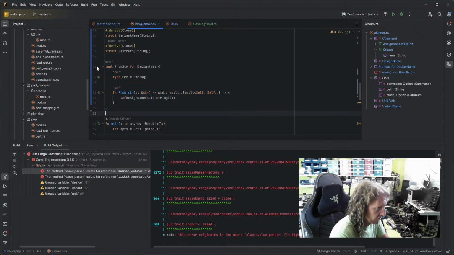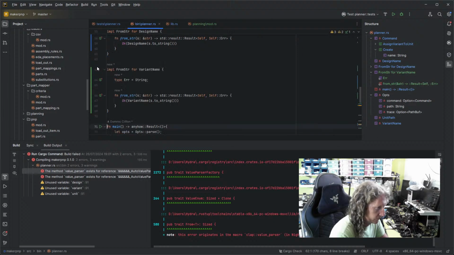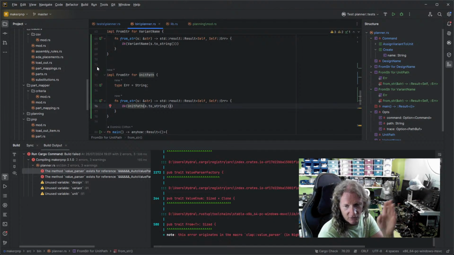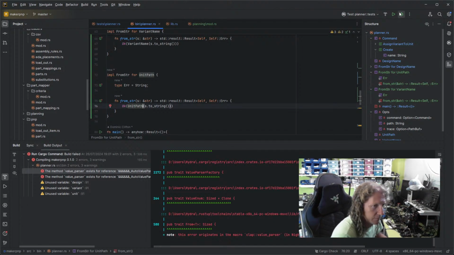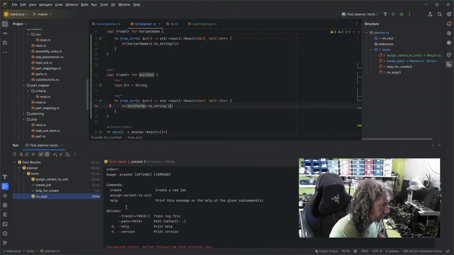And then we do the same thing for the other ones, which is a variant name. And then the other one was unit path. So we're literally just copying the string into one of these things. That's all we're doing at the moment. Happy days. It compiles. That's good. Now we broke another test because now we've got this extra argument,